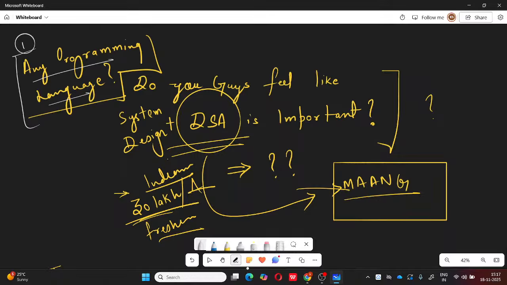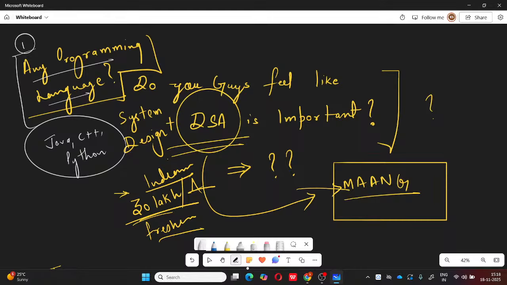You can chat with me in the chat box. You need to answer these because then only I'll know what the audience is really like, and then only I can continue, right? So, do you know any programming language as of now? Do you know about Java or maybe C++ or maybe Python or any other language? You should have a good solid logical understanding, or I could say you should know the basic constructs of these languages, right?